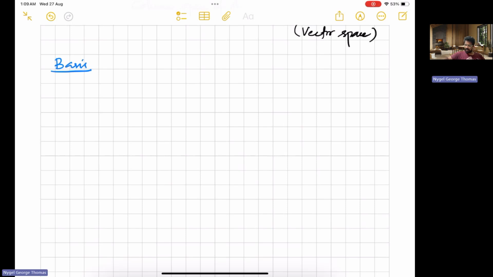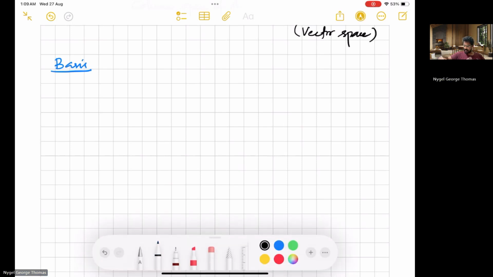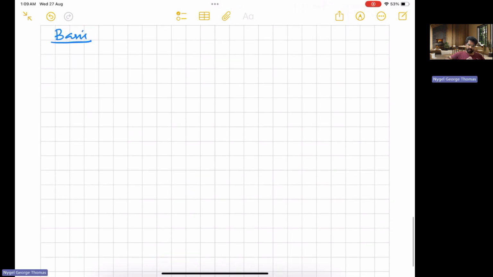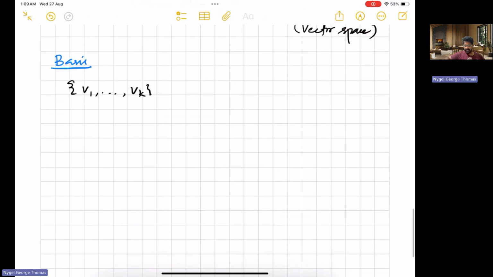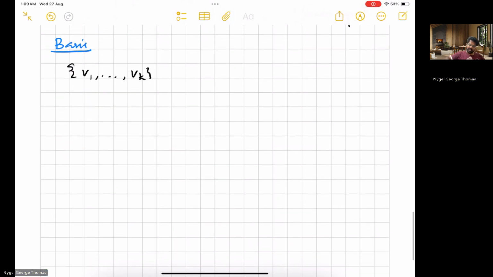Now, let's look at what a basis is. Let's write the formal definition. A set of vectors v1, etc., vk, note that we're writing vk, not the same vn as earlier, is said to be a basis